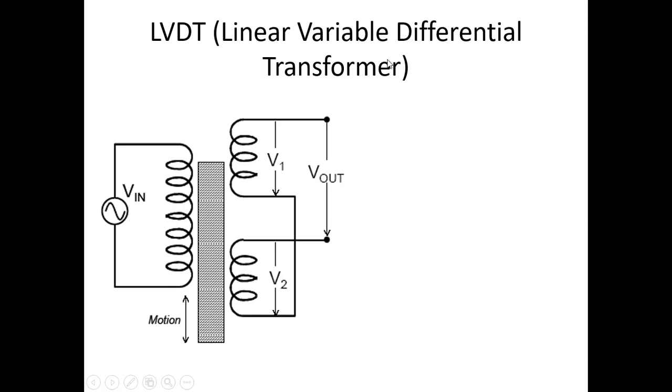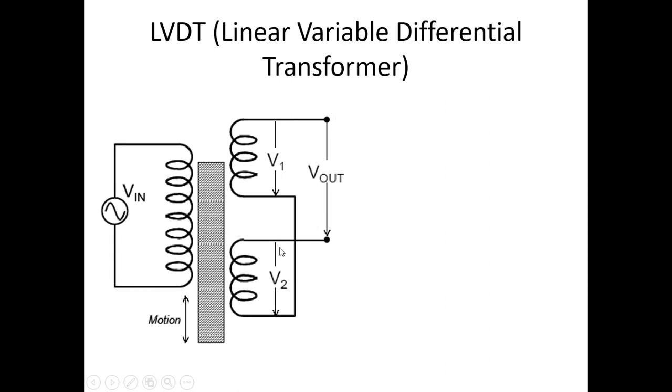And the outputs of the secondaries are connected in such a way that the output will always be the difference, V1 minus V2. That's why it's called differential. So linear, because it can be used for linear measurement. Variable means the output will normally change. Differential means the output is connected in a way that it will always be a difference, because V out is equal to